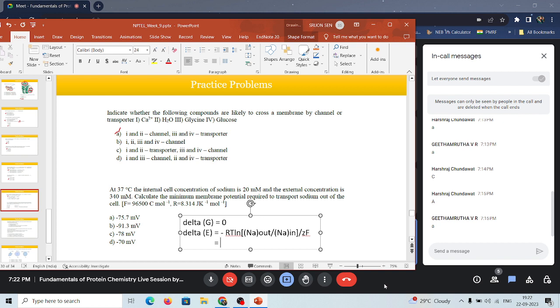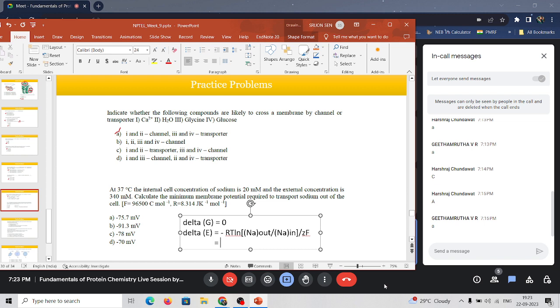So how much is it? 8.314 into 300. Right, yes, into 300, then you have ln of, so internal cell it's given 20 and external it's given 340, so 340 by 20, so ln of 170, and